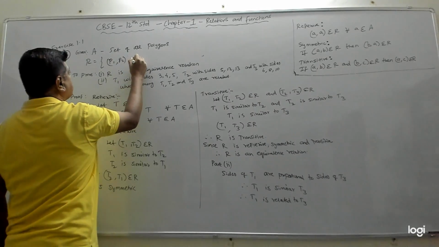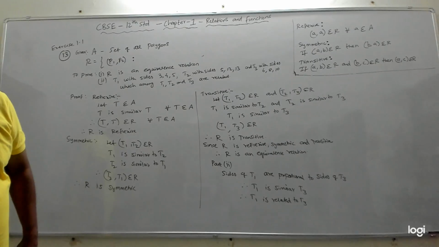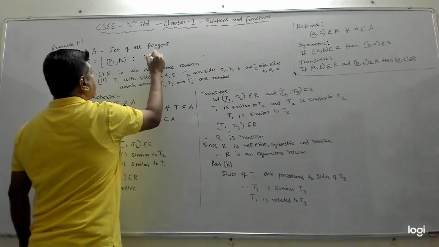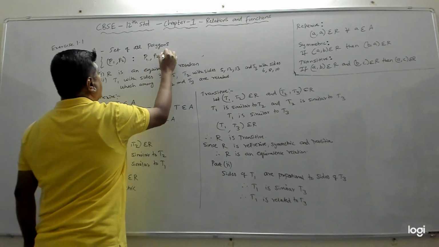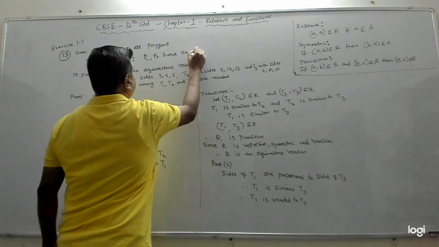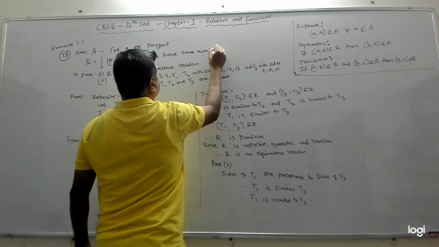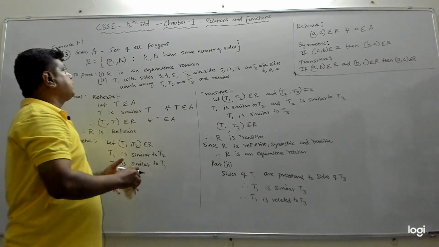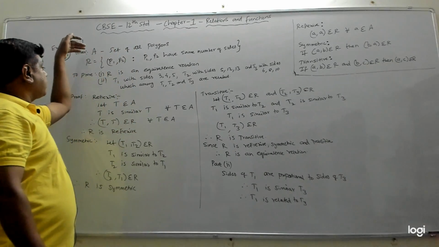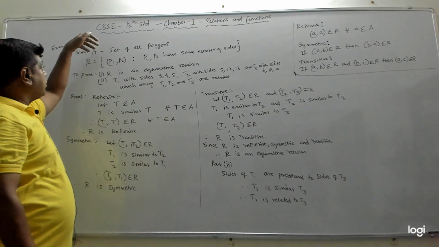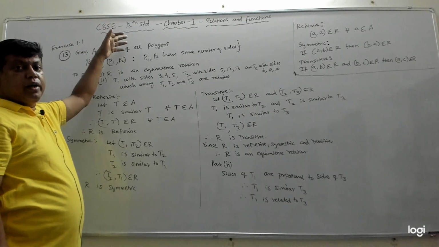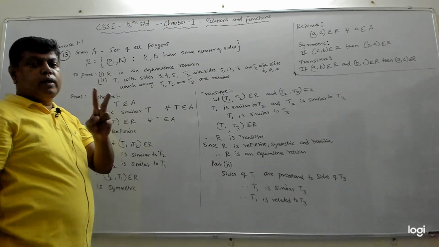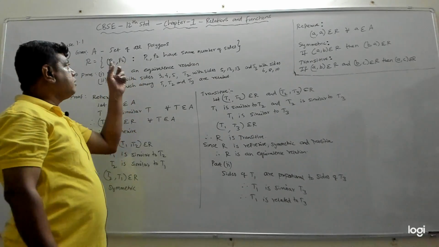Says whenever P1 and P2 have the same number of sides, P1 comma P2 have same number of sides, then we call the two polygons as related. A set of all polygons means it will have rectangle, triangle, quadrilateral, pentagon, octagon, hexagon, all the polygons. And two polygons are related when they have same number of sides, which means one triangle is related to another triangle,